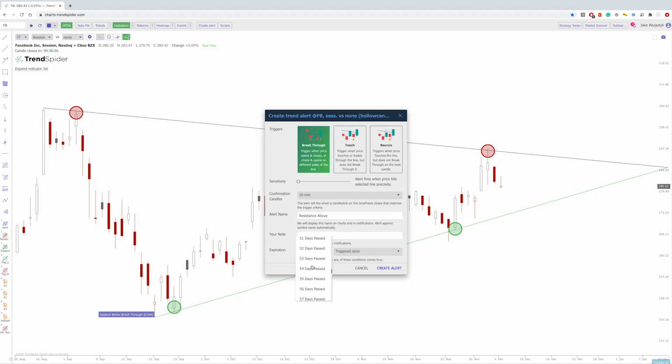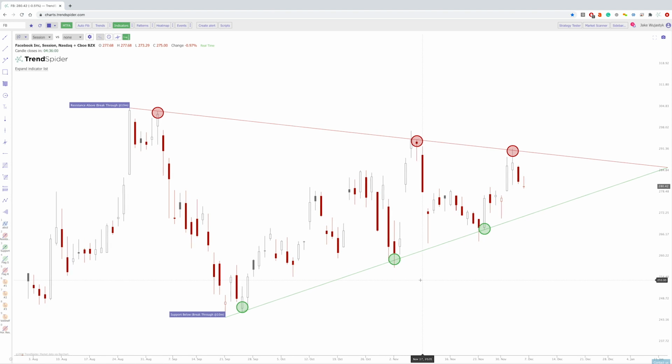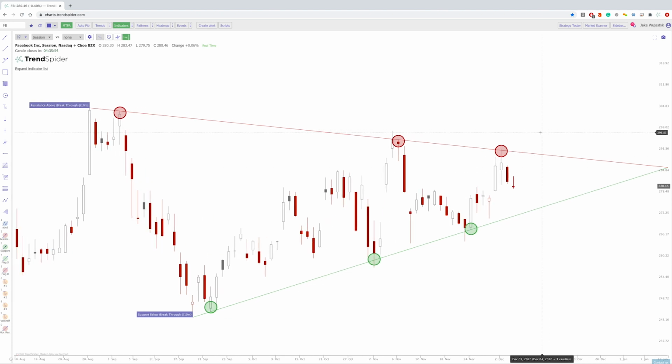So now, instead of looking at the chart every single day on Facebook and just wondering what's going to happen, you set these alerts on TrendSpider, and then whenever the price either breaks to the downside or the upside, you're alerted, and then you know it's time to take action. A lot of the time, trading in this choppy area just really chops people up. They trade emotionally,